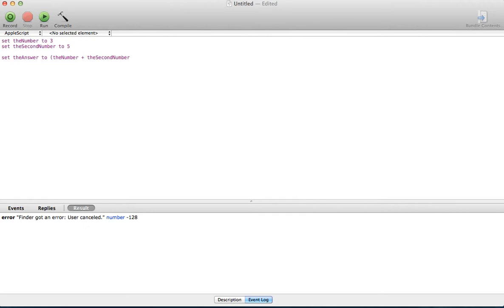And now what it'll do is it'll add these two variables, and it'll do 3 plus 5, and then you can basically then start saying, okay, tell